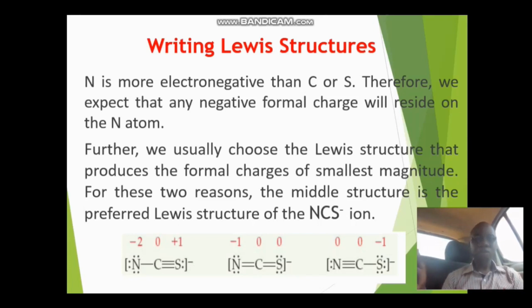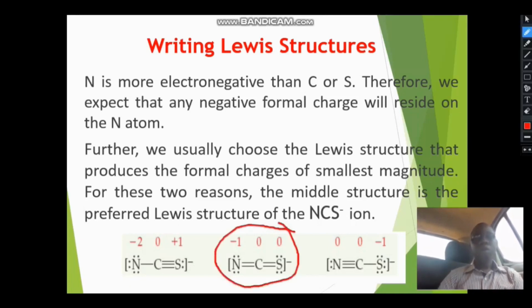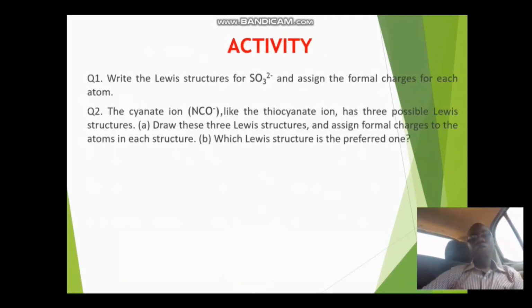Further, we need to have the formal charges with the smallest magnitude. With these 2 reasons, we can conclude that the second structure, the molecule in the middle, is the best structure of the NCS- ion. You can try to answer the